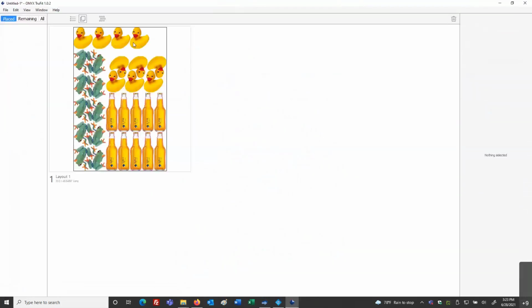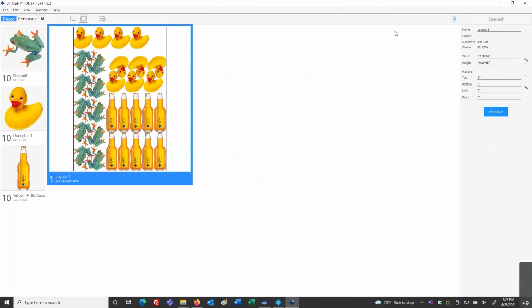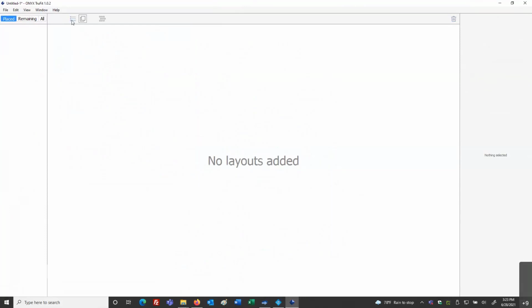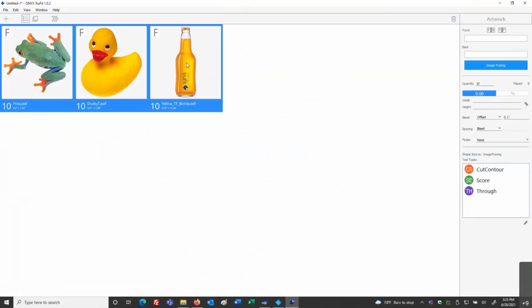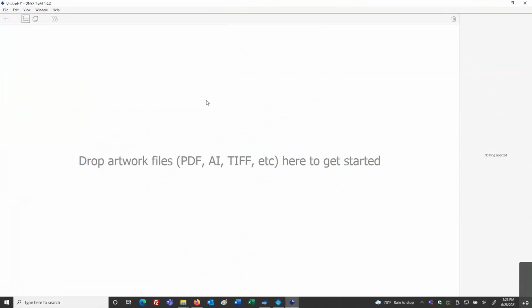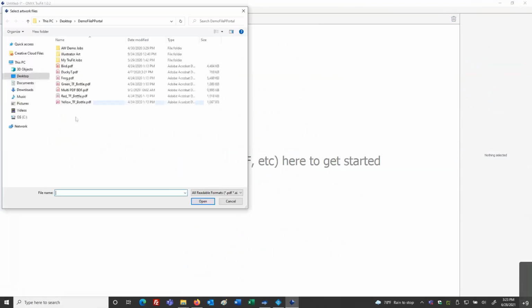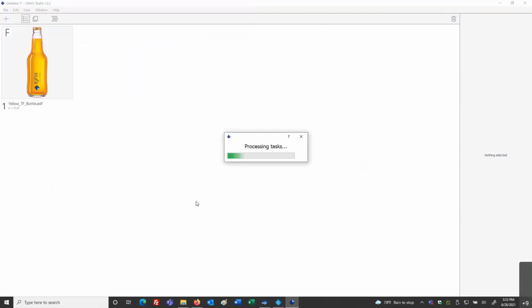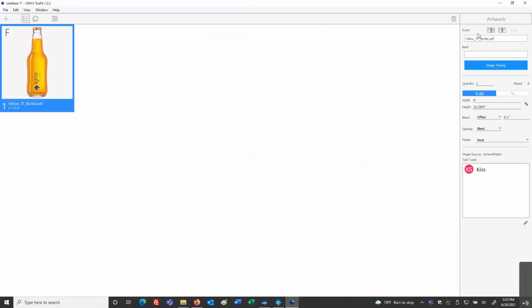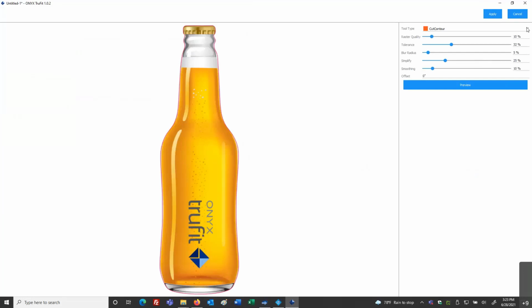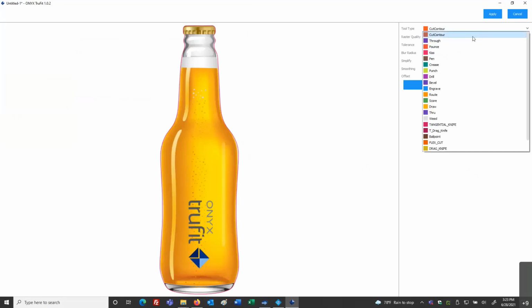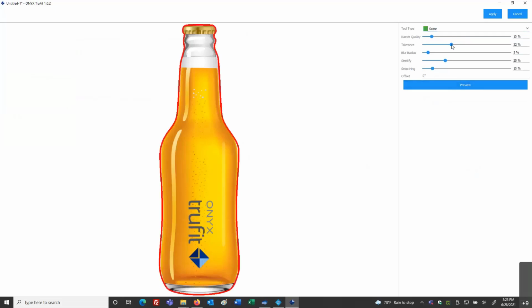All right. So other examples we have, I'm going to delete this. We can always save our layouts as well. I'm going to delete mine, and I'll go back into these 3 files. I'll select those and I'll delete them. Another example might be if you have a front and a back. Maybe I'm working with that bottle and I have a front and a back workflow. So I can go back into my image tracing, select my choice, preview, and again, make adjustments as I need to.